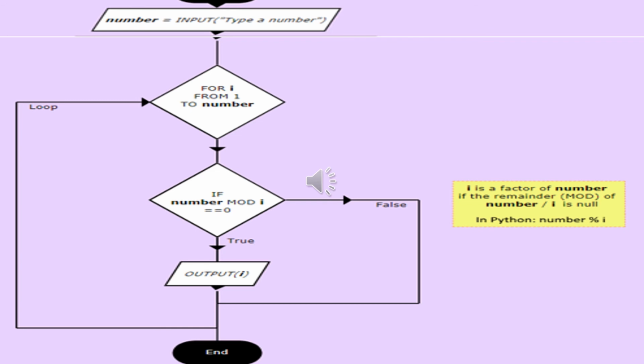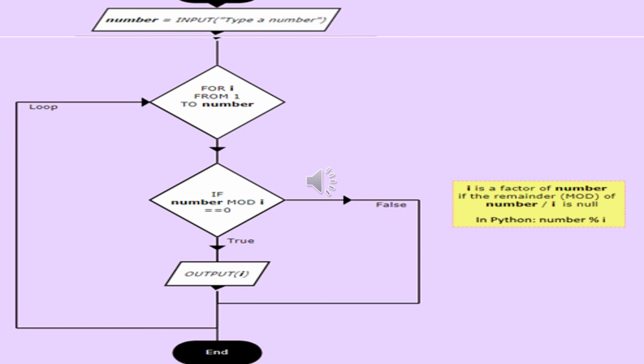So now it will become 2. So from 2 to 15 it will check, for I now 2.